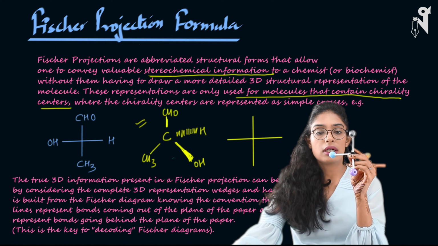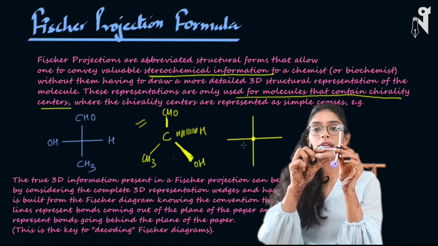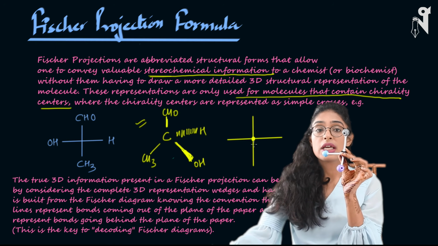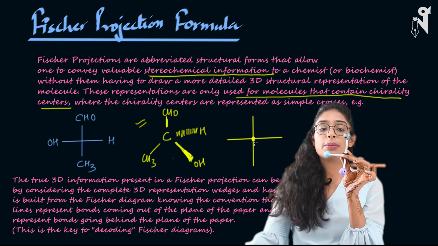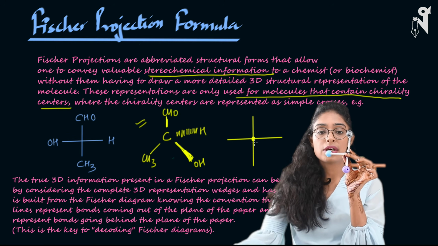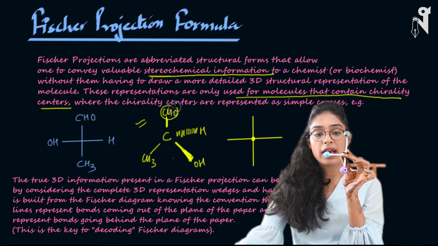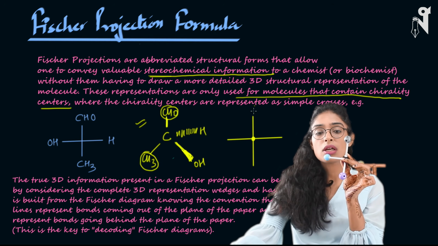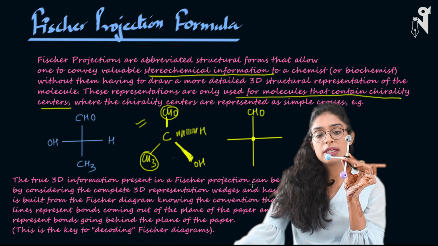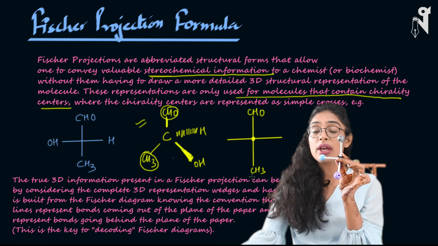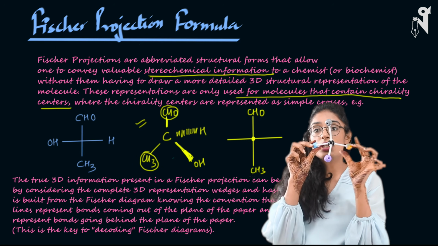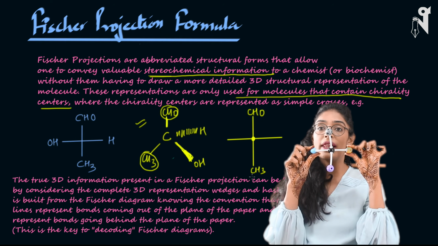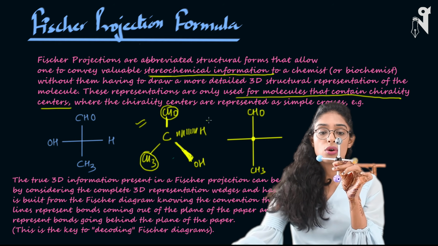This cross has a carbon in the center, and this is the chiral carbon, the black carbon, which I'm showing over here. This black carbon is being represented by this cross. Now the two groups which are away from me will be written on the vertical line. So I have CHO and CH3 away from me. I'll write CHO and CH3 on these vertical lines, whereas I will write the two groups which are towards me on the horizontal line. So this yellow one, which is OH, is on my left, and I will write it on the left, OH.